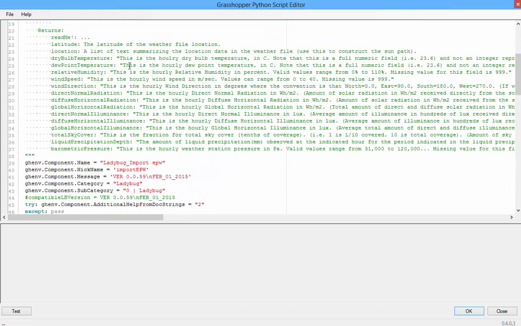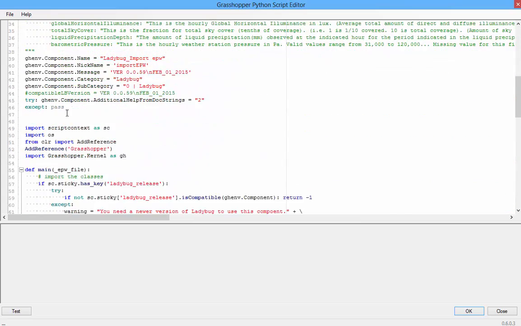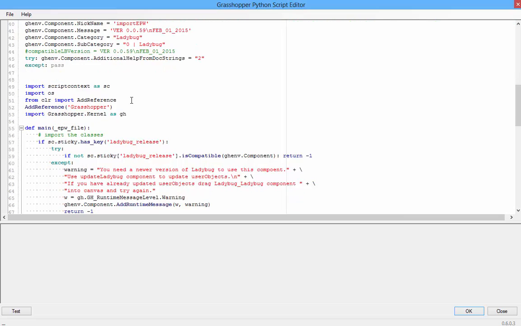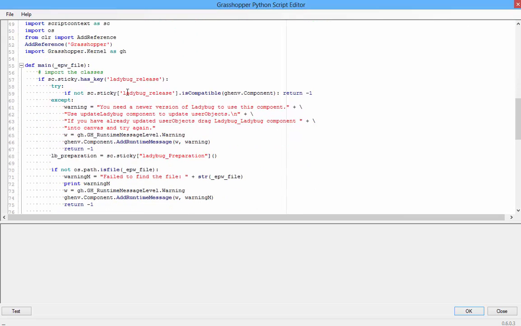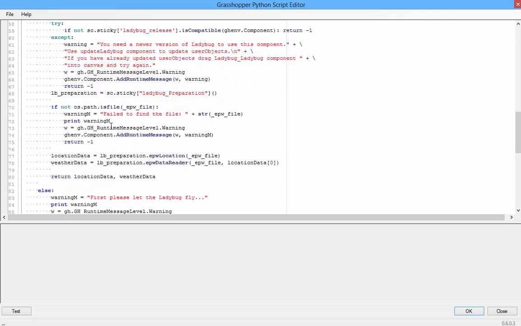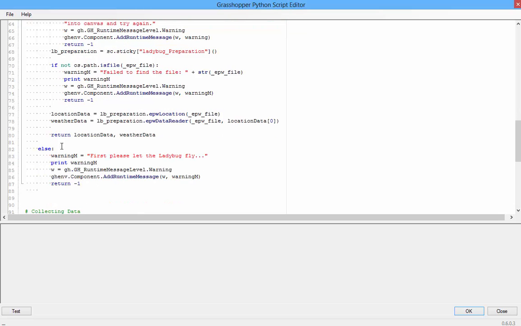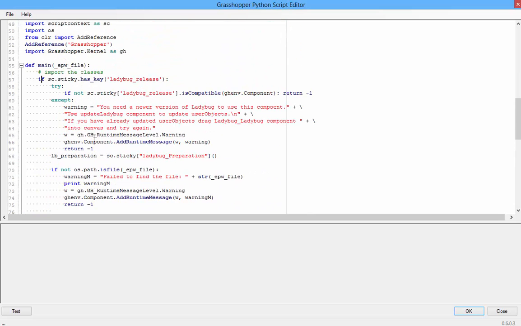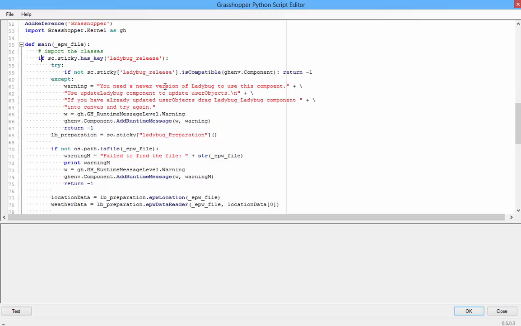Here is an example. So now you should know what is this things. These are all the descriptions. We set the names, and from here you can see the component starts and says if sticky dot has key Ladybug release. So basically component checks here that if Ladybug is flying. If it doesn't flying, it will give you a warning here, like else give this warning, says it's not flying. Then if it's flying, then it checks the compatibility, which I